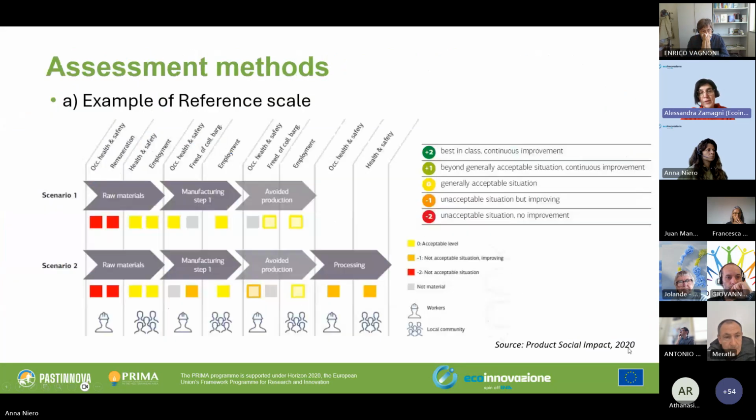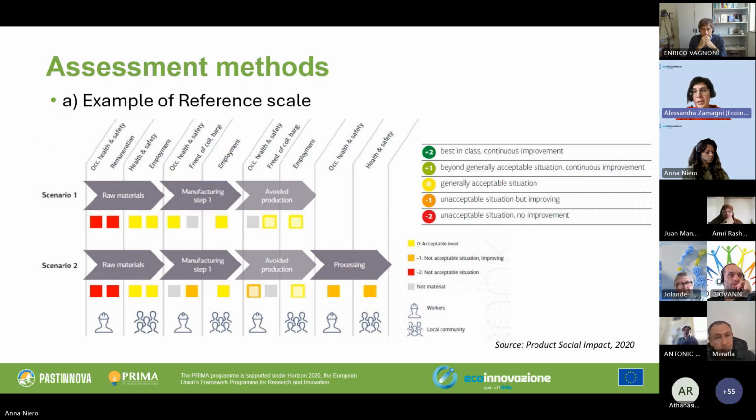For assessing these social risks, impact and performances, we might make use of different kinds of methods. Here, briefly, an overview of what these methods might be. For example, the performance assessment is carried out through the use of an approach which is called reference scales, which means that on your right side, you can see the colored legend. So we have 0, which represents our reference point, which means that the product is managed in a good way, we are fulfilling the norms, the standards, the current practices, and represents the acceptable situation. And then we have the green